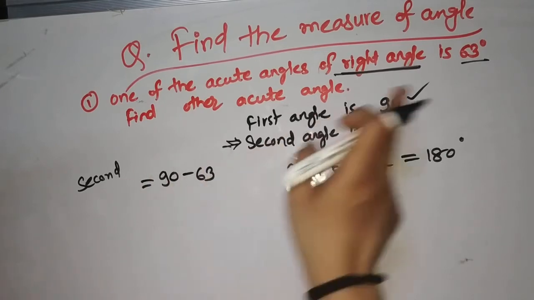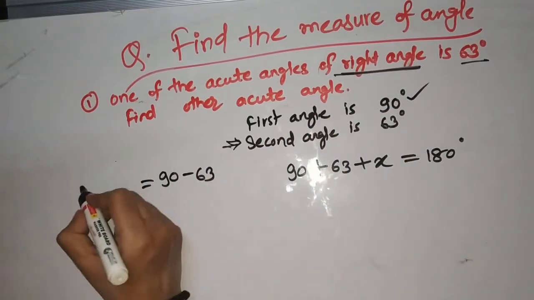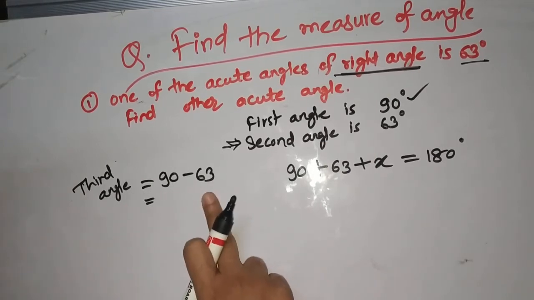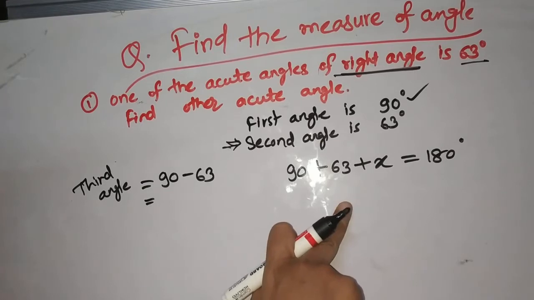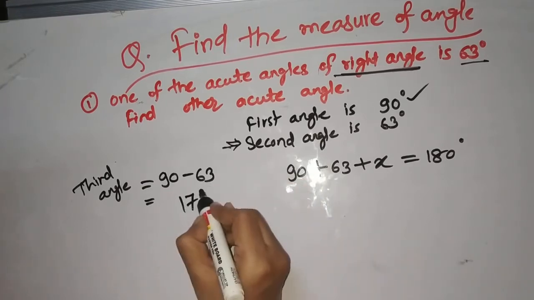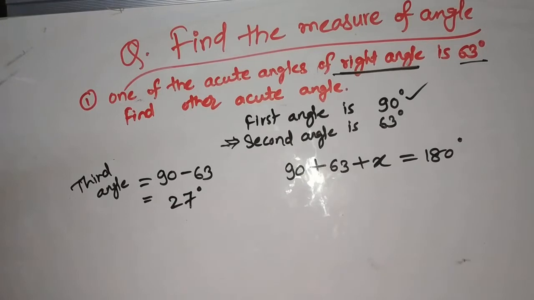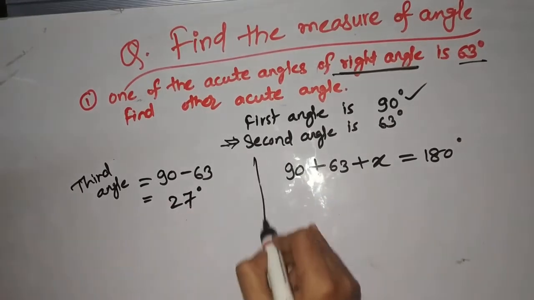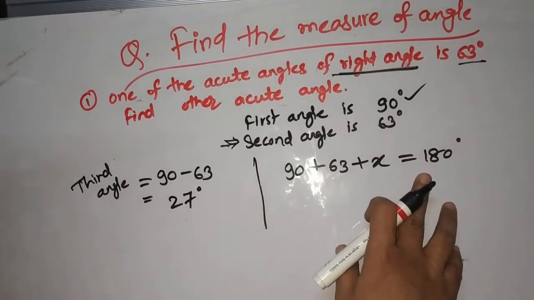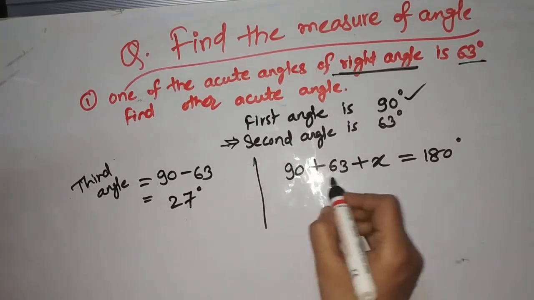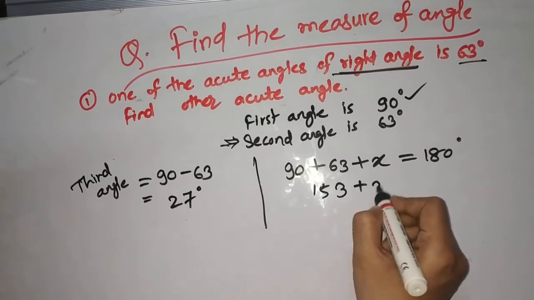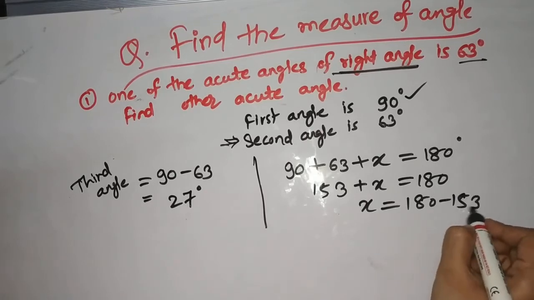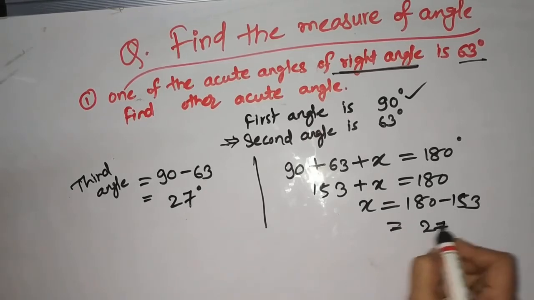This is the second angle, which is the acute one. We can say the third angle. You can get it either by this step or by this step. So friend, directly 90 minus 63 also you can get, otherwise you will follow this method by using angle sum property. So you will add them, you will get 153 plus x, which is equal to 180 degree. So x is equal to 180 minus 153. Simply you will get here 27.